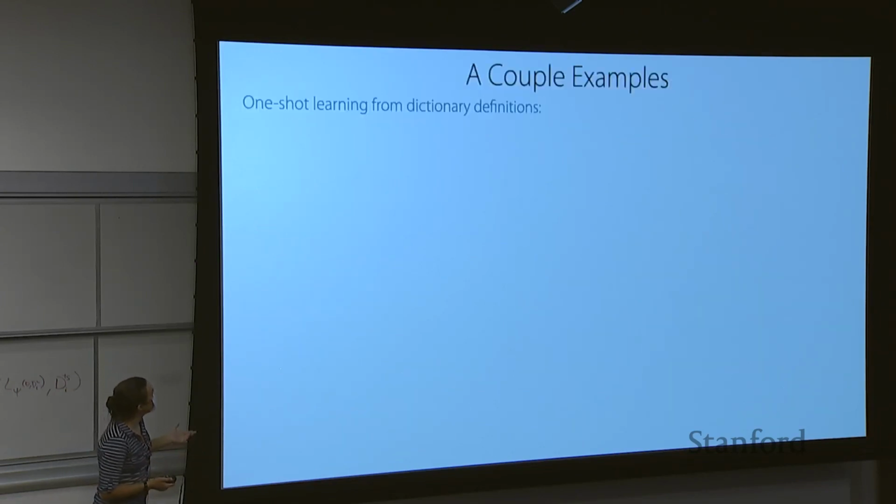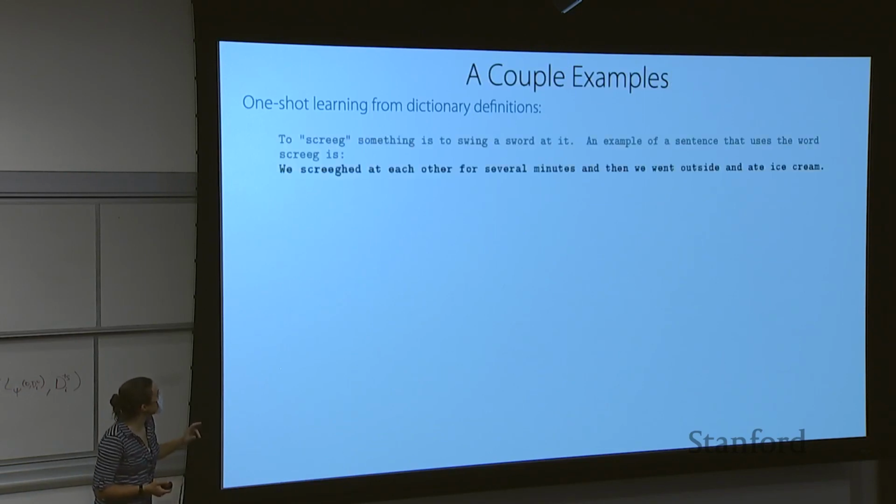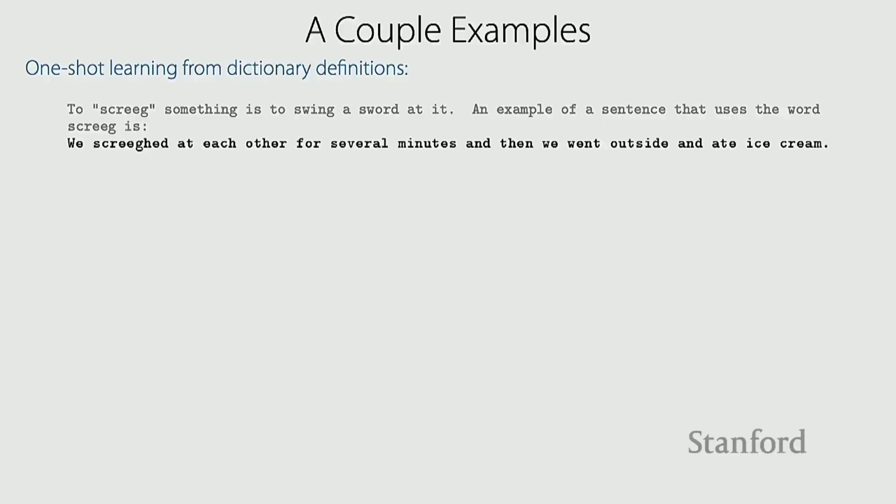And there are some cool examples of what it can do. Essentially the gray text corresponds to dtrain, and then the black corresponds to the generation from the model. And so you can give it an example of a new word that it should learn, and then ask it to use that word in a sentence,